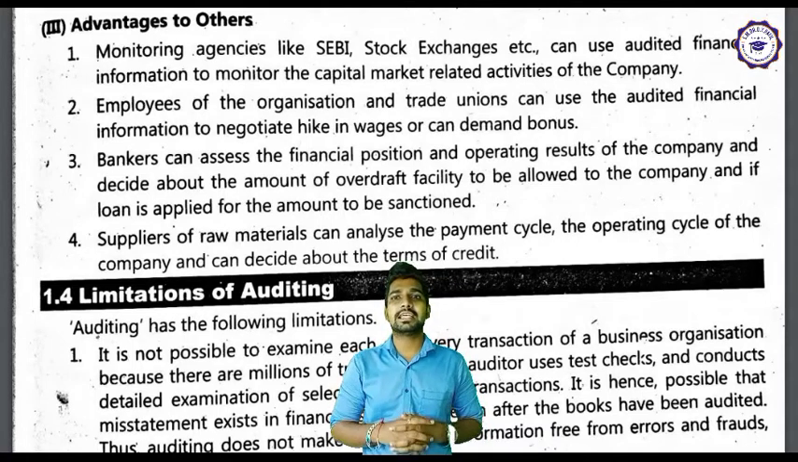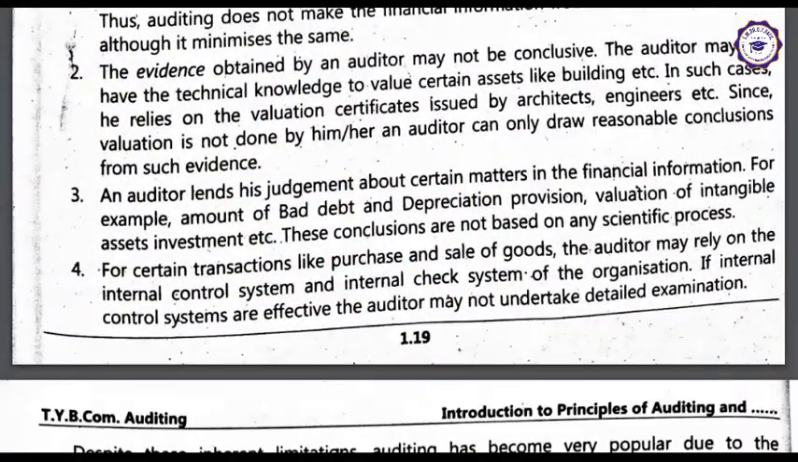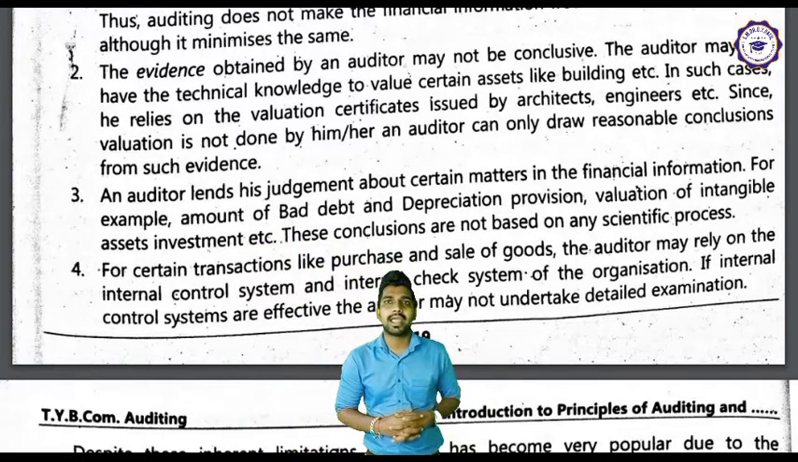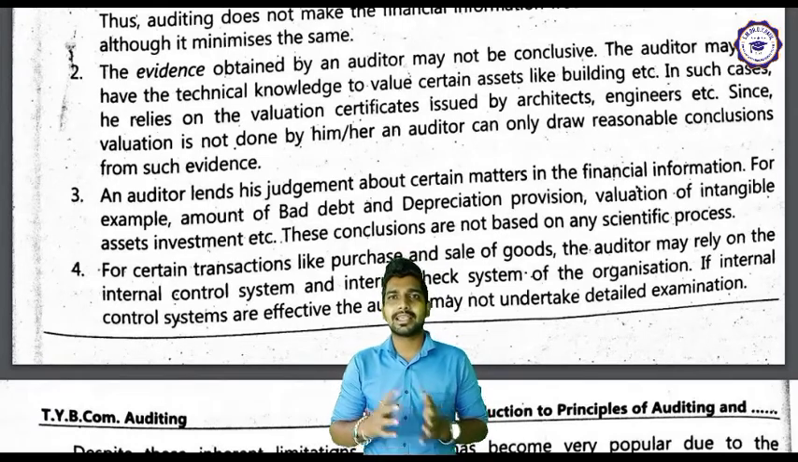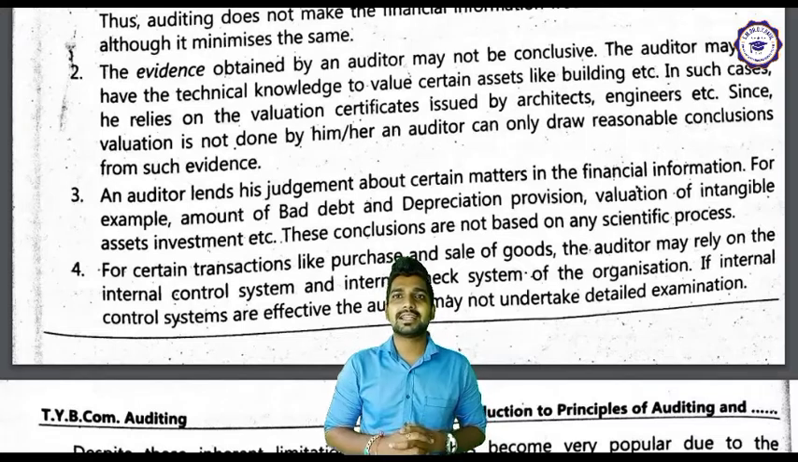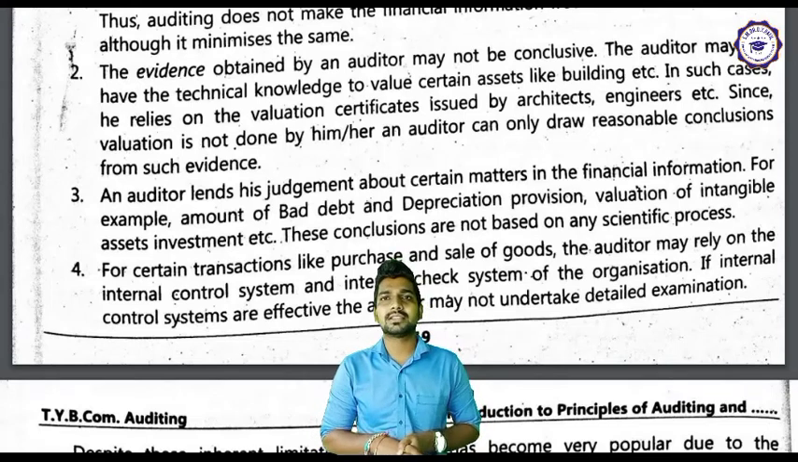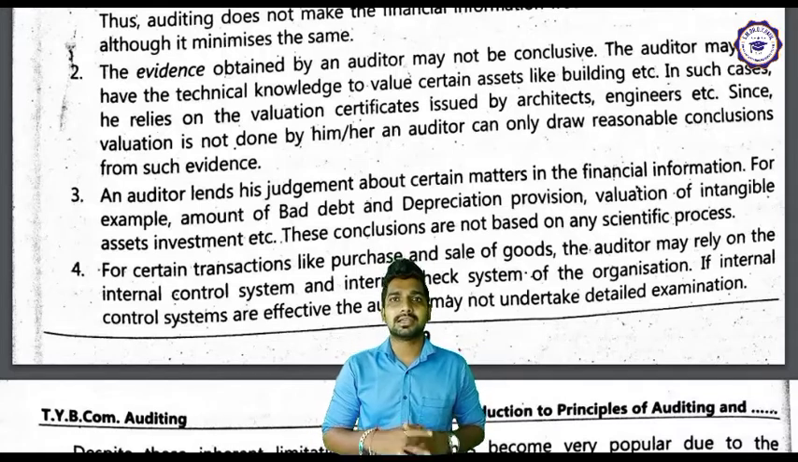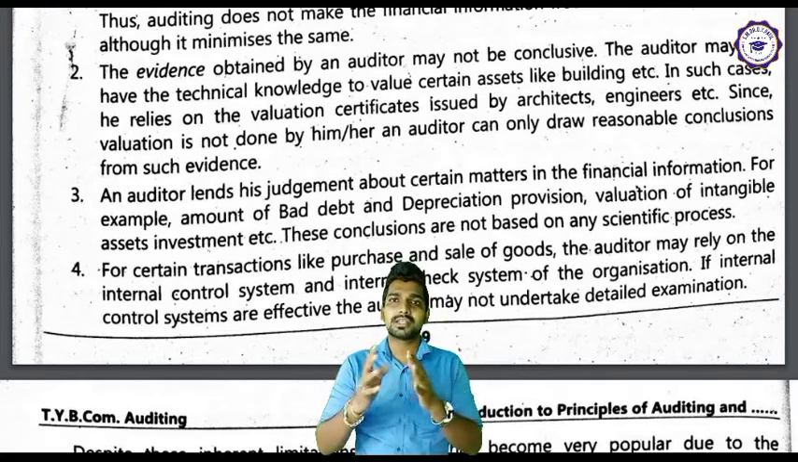So thus auditing does not make the financial information free from errors and frauds. So students, now let us see the further points over here. In the second point, it is clearly explained that the evidence obtained by an auditor may not be conclusive. The auditor may not have the technical knowledge to value certain assets like buildings, etc. In such cases, he relies on the valuation certificates issued by the architects, engineers, etc. And since the valuation is not done by him or her, an auditor can only draw a reasonable conclusion from such